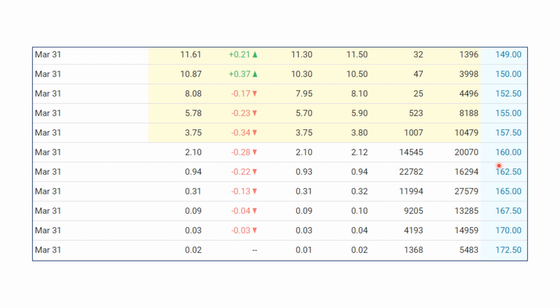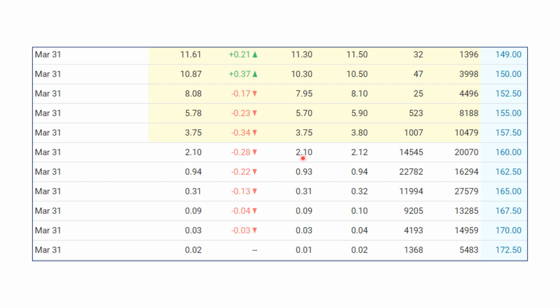So if you buy a call and just say you have a strike price of 160, you can buy Apple at 160 regardless of where it's trading in the market. If it's trading at 180 and you have the ability to buy it at 160, your contract's going to be worth a lot of money. The person on the other side that you bought the contract from, in this case a call option, calls give you the right to buy. The person that sells it to you is guaranteeing that they're going to sell it to you at 160 regardless of where it is. So they think it's going down, you think it's going up.